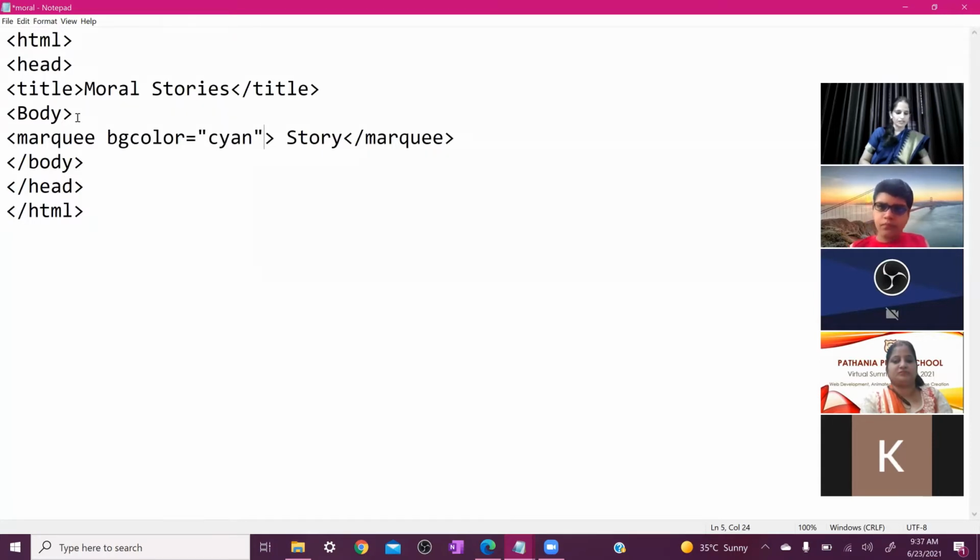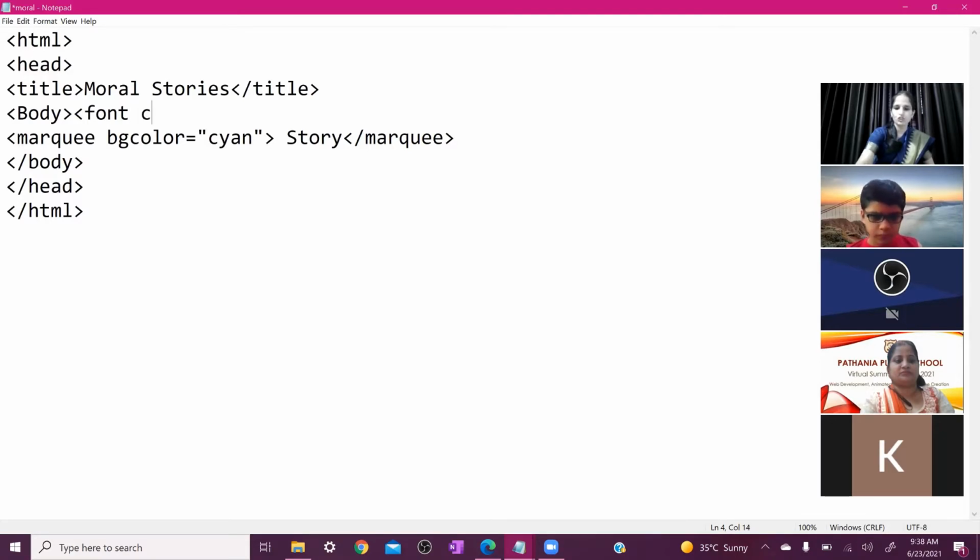After this body tag, you need to write the font tag. Which tag? Font tag. The font tag is used to change the size, color and font face of your text. So here you write font, and then give one space.